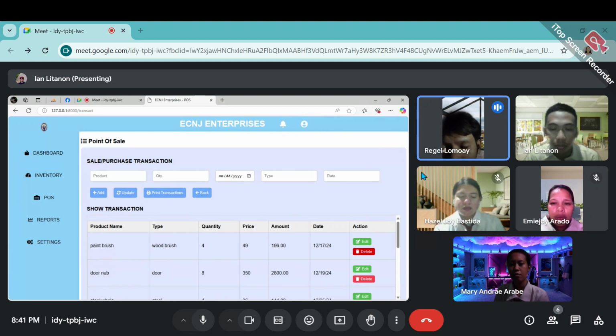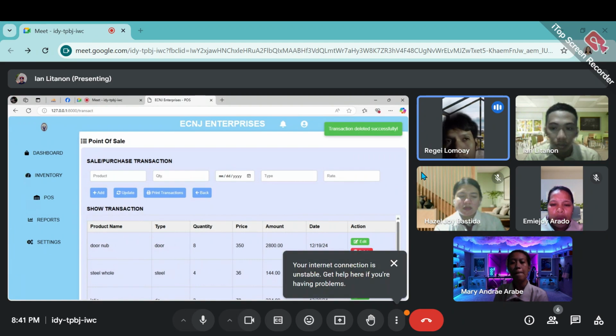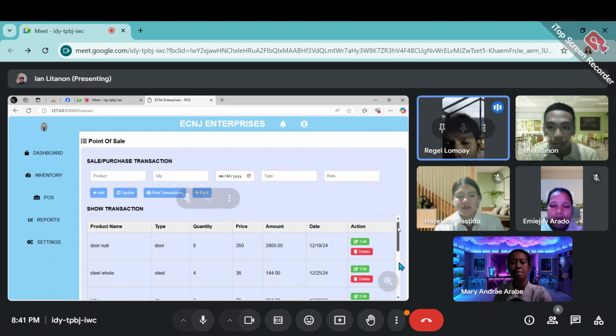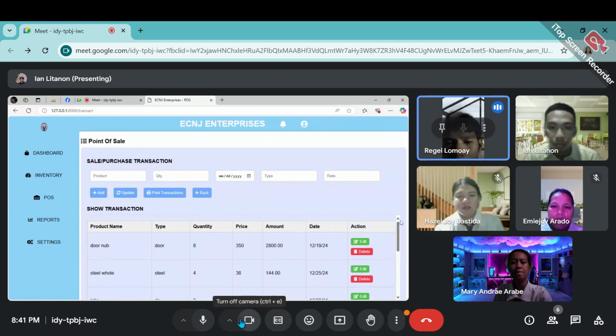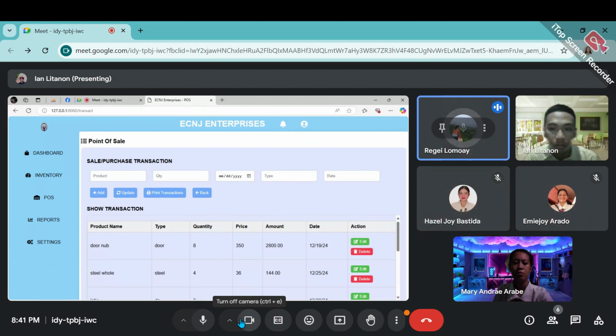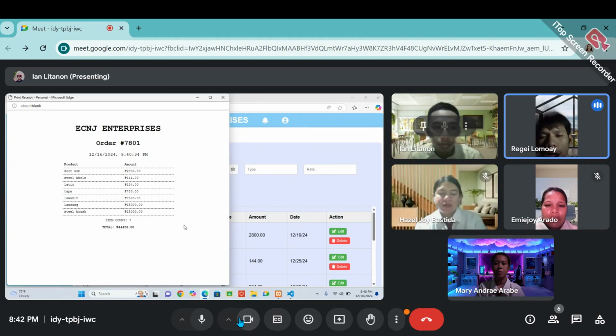And then if the customer needs the receipt, he can click the print transaction. So kindly perform, Mr. Ryan.